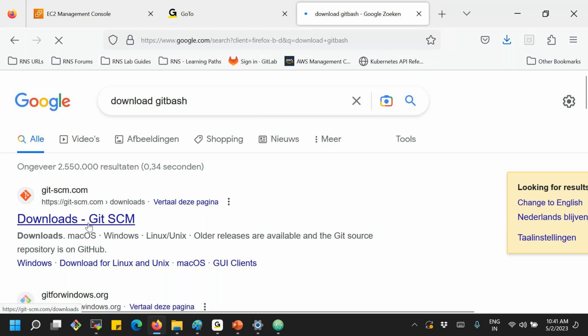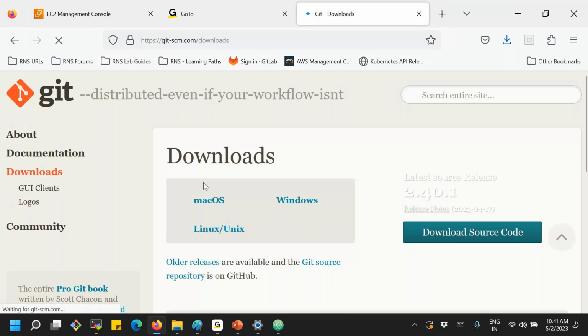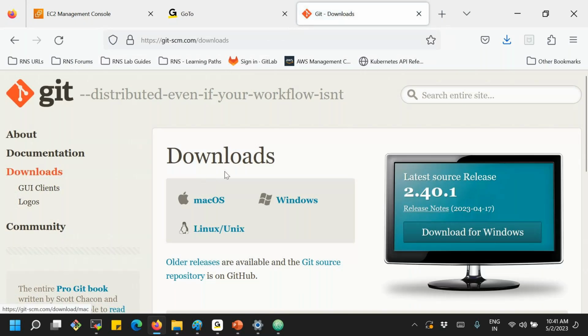Yeah, so this is the official site from the Git team, that is git-scm.com. You can access the downloads there. And here you can find Git for Windows, version 2.40.1. You can download for Windows. Is it required for Windows, Mac OS or Linux? Which one? Windows. Yes, we are using the host OS Windows. These are all the host OS related softwares.